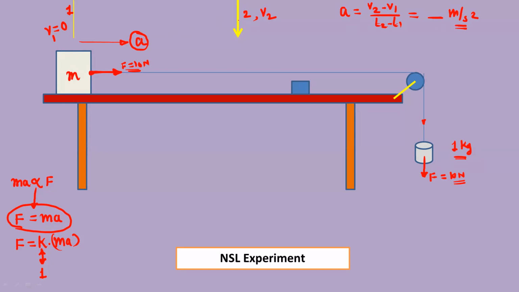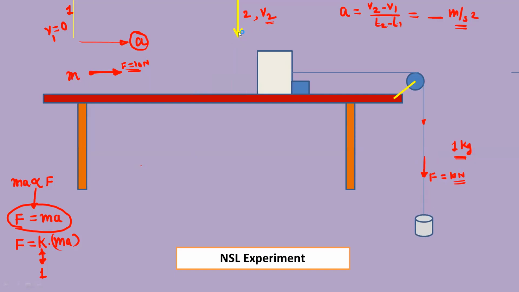So by connecting this sensor, we can measure the value V2. Manually it is quite difficult to measure this value, and therefore we have to connect one sensor. Now we can observe here, when we apply the force F equal to 10 Newton, you can observe the motion. This is called accelerated motion. In the animation, it appears as a constant velocity, but physically it is not a constant velocity motion. It is called an accelerated motion.